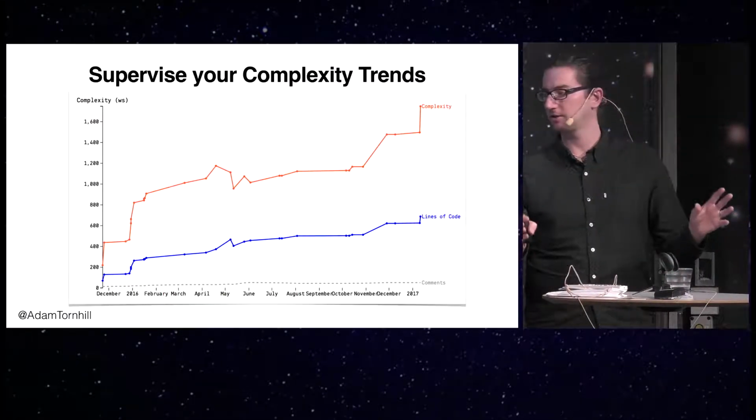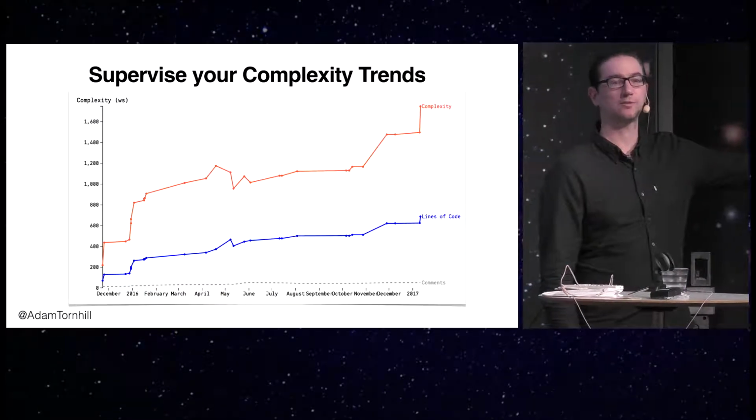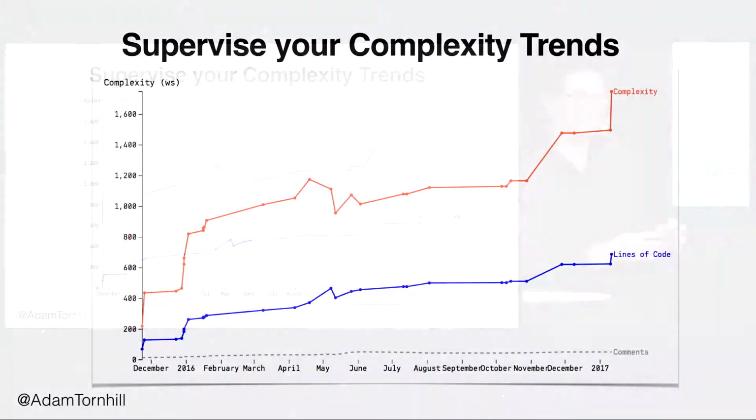This is something I call complexity trend. And the way it works is basically when I find a hotspot, what I do is I take each historic revision of that code, I pull it out of the Git repo, and I measure the number of lines of code, and I typically measure something like the cyclomatic complexity just for reference. And then I plot the trend over time like this. And the reason I do that is because every single system has a story to tell. We just need to learn to read them.